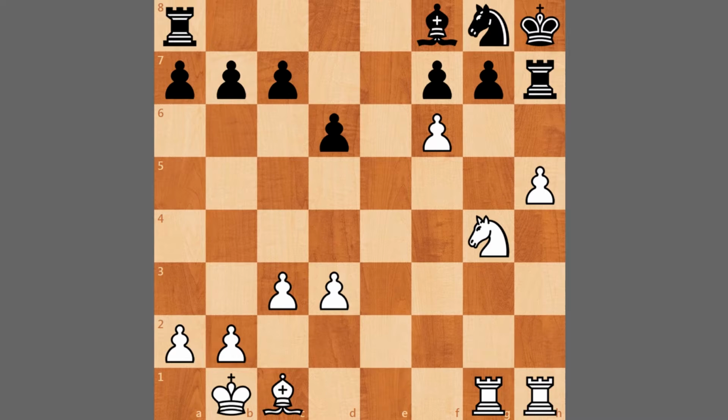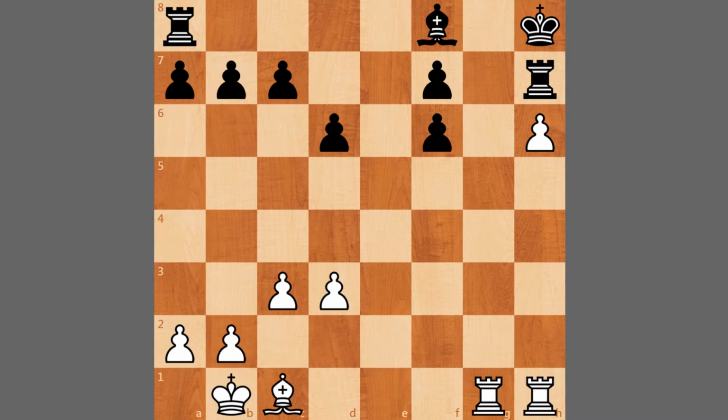There actually isn't an immediate knockout, but there is a way to achieve a positional bind in this position, and the computer suggests the move h6 with a very strategic idea in mind. So the immediate threat is to capture here and forking the bishop and the king. So if you play knight captures here, simply knight captures back, and after pawn captures, play the move rook to